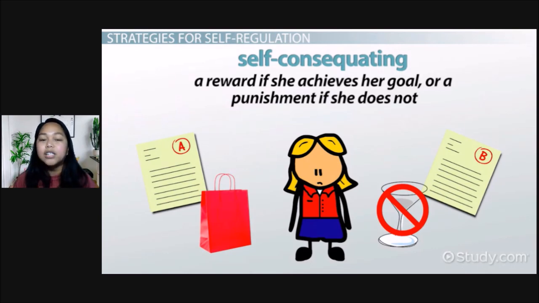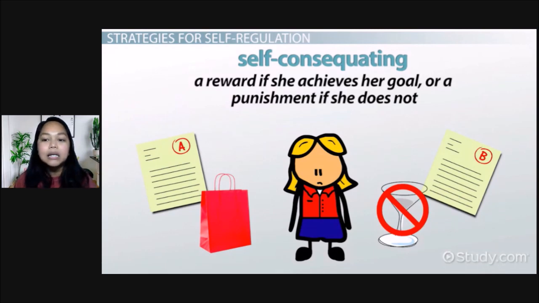So that's self-consequating. You are setting a reward for yourself. Nagsi-set ka ng reward para sa sarili mo. Yung self-treatment, self-love na tinatawag, self-care. Or pwedeng sabihin mo, pag pumasa ako sa LET, magpapamasahe ako. Sana ay wala nang pandemic. Or pwede din namang punishment if she does not.